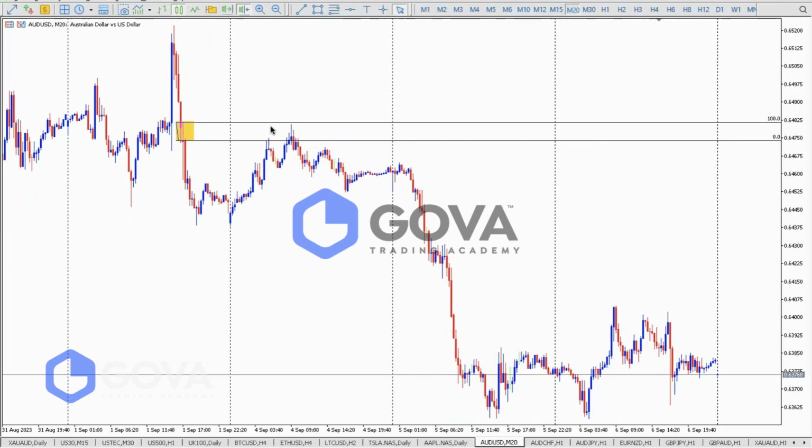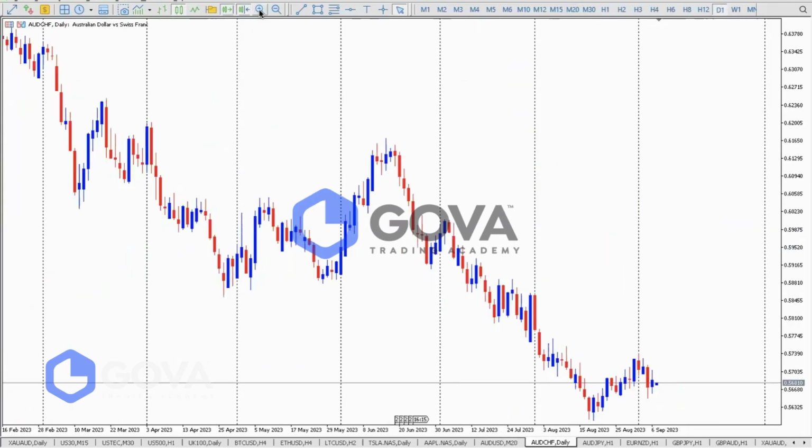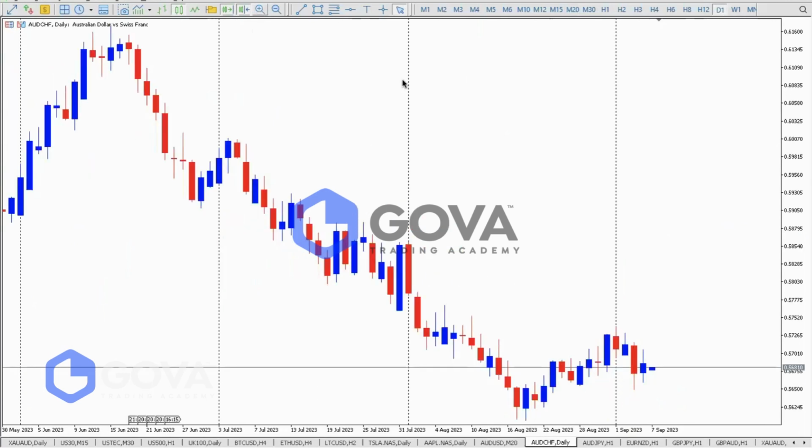Now let's move on to AUD-CHF. Now on AUD-CHF, the monthly equilibrium line is going to be marked at the back of our mind. Remember, at the back of our mind. So it means that